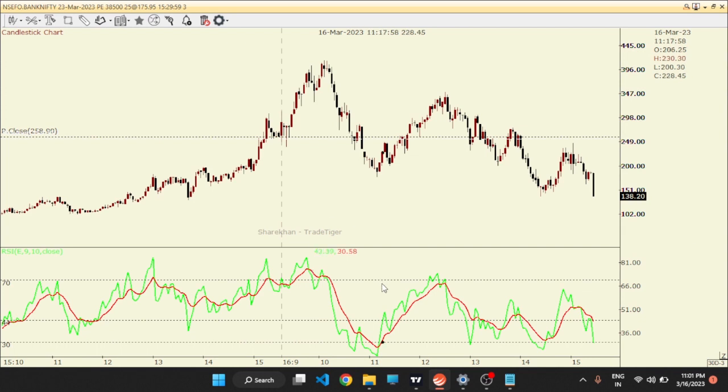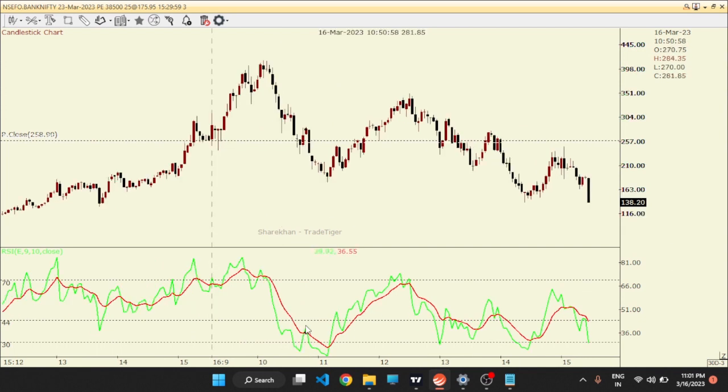As you can see, our first entry we got is here, at 10:47, and the candle closing price was 268, and it made a high of 284, which is almost 20 points, but it didn't hit our minimum profit or minimum target price, and it gave an SL. We took an SL. After that, it gave a second entry at